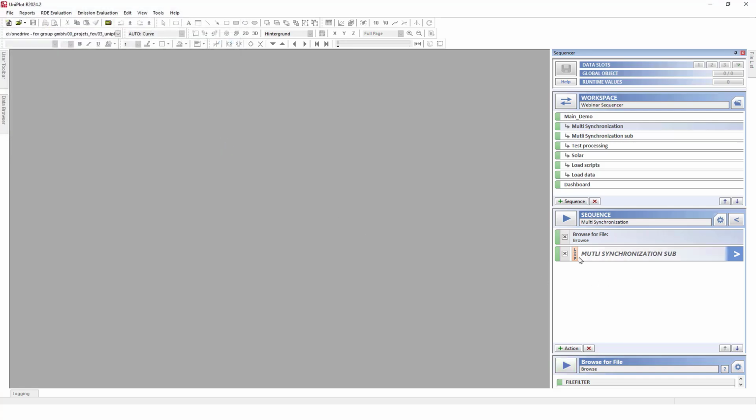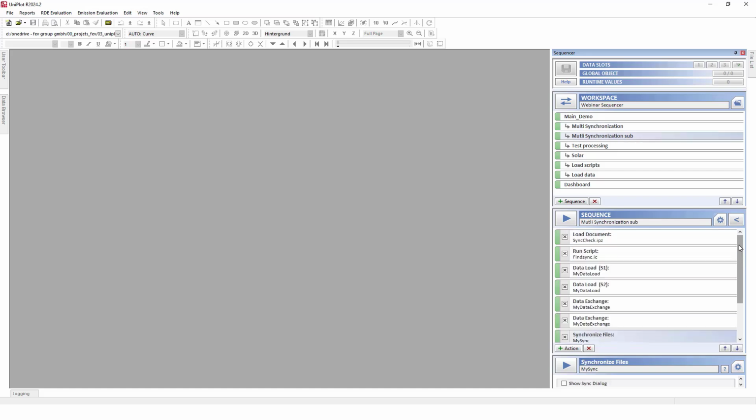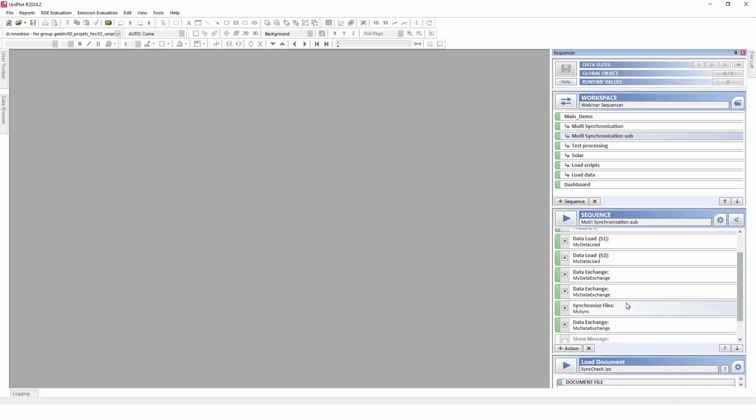Then I have another sequence which is called multi-synchronization sub for subsequence. We can see here on the top. Let's see what happens here. So I will load an IPZ, then run some scripts, load some data, run some data exchange,